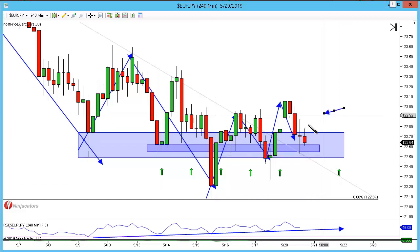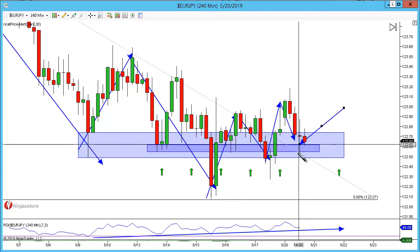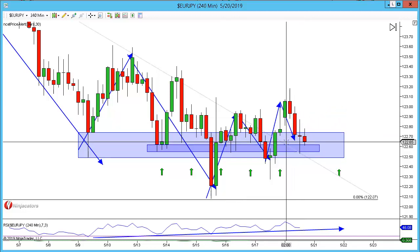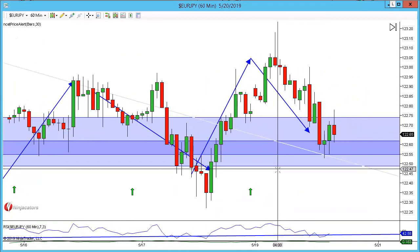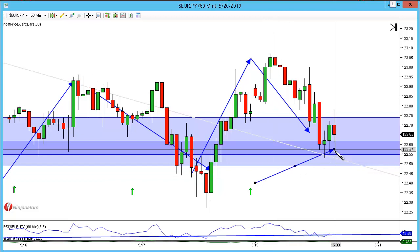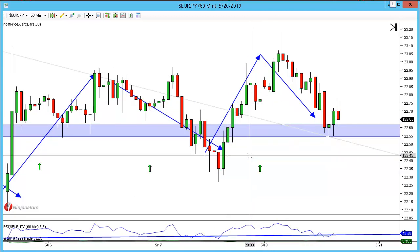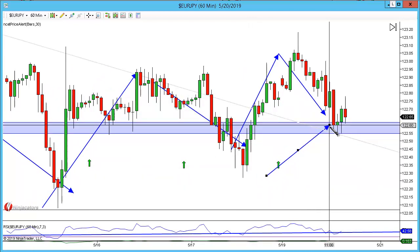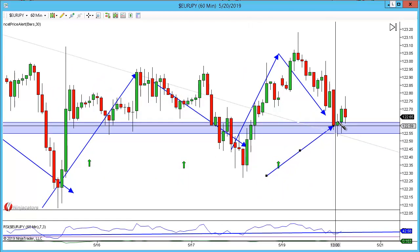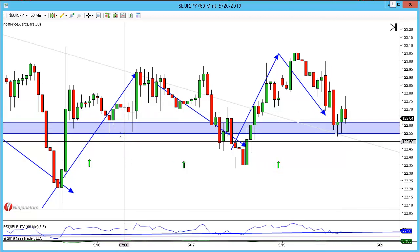We can see that the last 4-hourly candle shows indecision. Okay, the market went down, and it's now showing indecision. Let's go to the 60. Here on the 60, look at what we have coming in to this smaller kill zone. We have a 3-bar reversal. We've got a directional move lower, indecision, followed by a higher high, higher close candle coming in at that structure